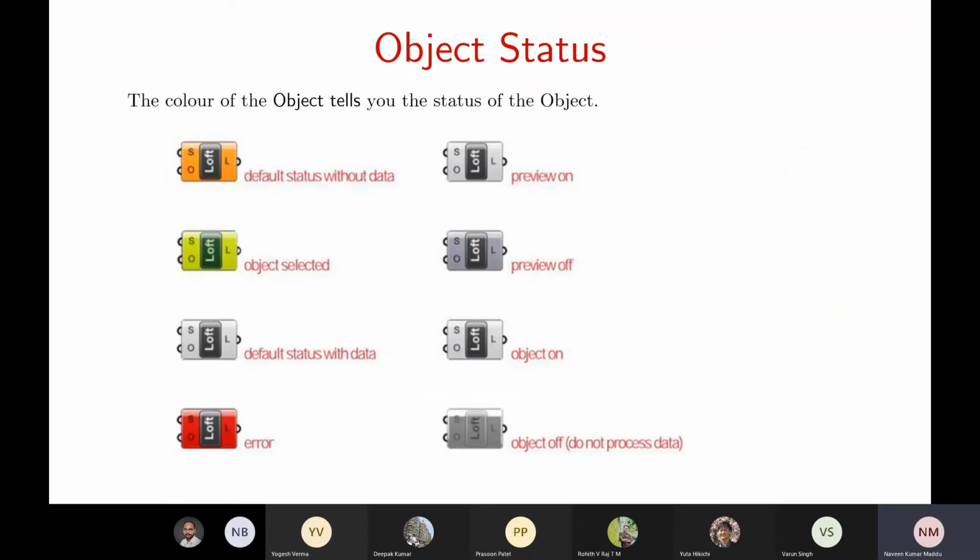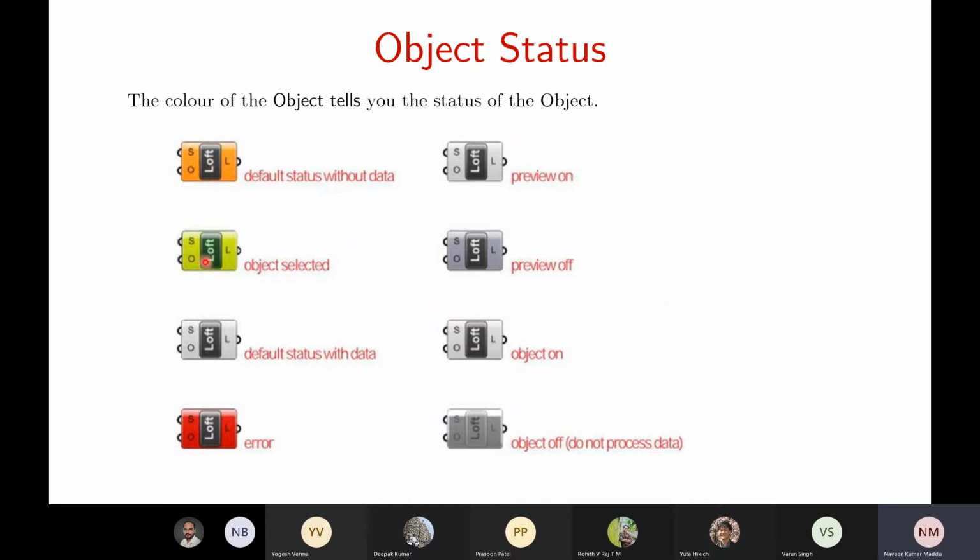And as we move on, we can see these are the colors through which you can see the status of the Grasshopper components. Let's say you're putting some kind of object onto the canvas. If it is yellow in color like this, then it says that you haven't given any input to this part, so there is nothing output here. It says that it needs some input without any data.